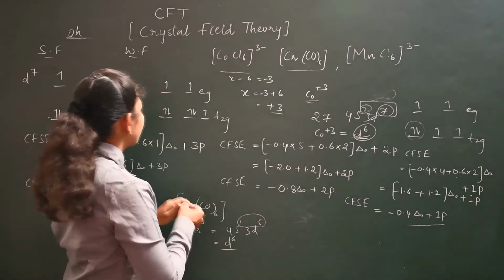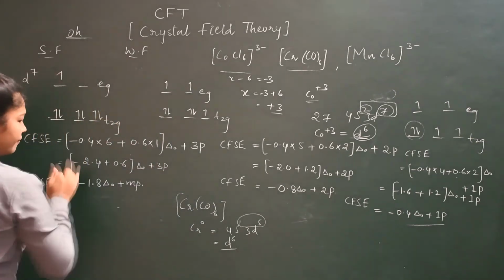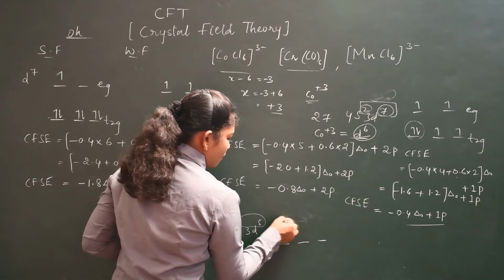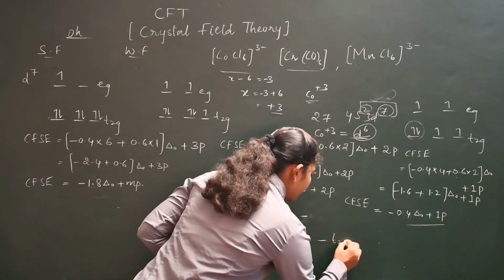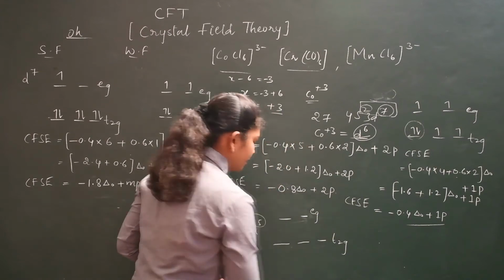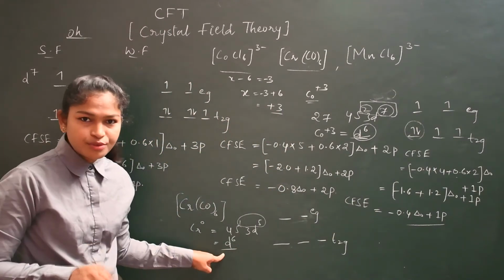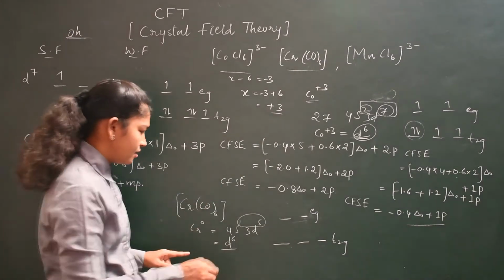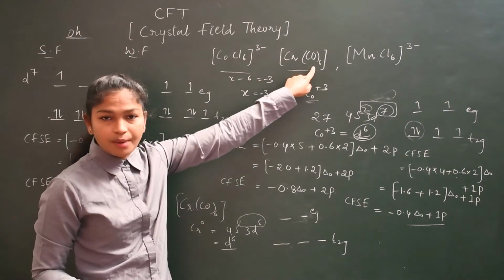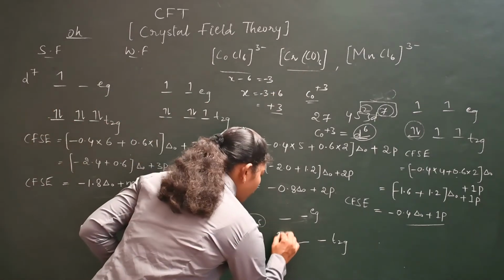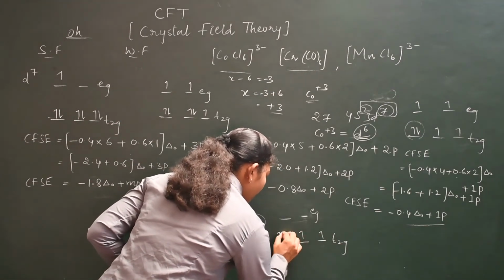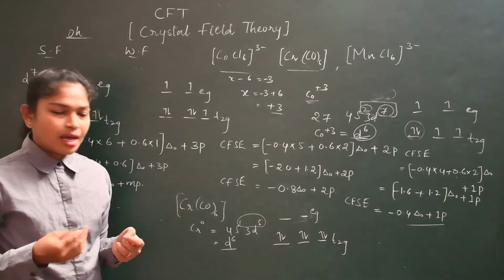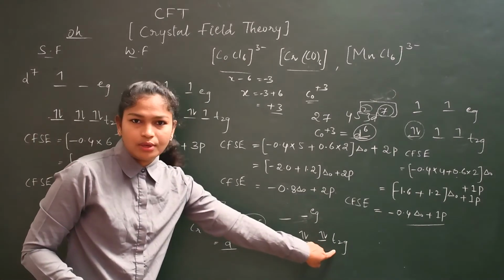So how are you going to fill up the electrons? Here only fill up. 1, 2, 3, 1, 2. T2g and eg. Now fill the electrons. So first pairing should be there, right? First we should pair the electrons, then we have to go to that stage because it is a strong field. Carbonyl is a strong field. That's why. So 1, 2, 3, 4, 5, 6. So 6 electrons paired up in t2g only.